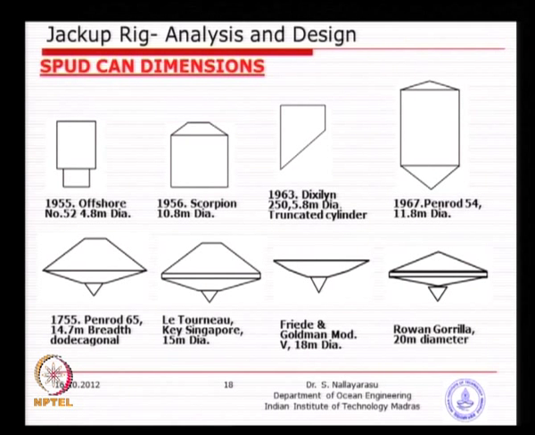The advantage of this spud can, you can change them from location to location. For example, when you go to one particular site, when the soil is good and the soil conditions are better, you do not need to actually use the same spud. You may have a fabricated spud can separately for different locations. So, you can bring the jackup to a dry dock, reassemble it and take it to. So, that is the advantages of the spud can foundations, where you can replace according to the necessity.